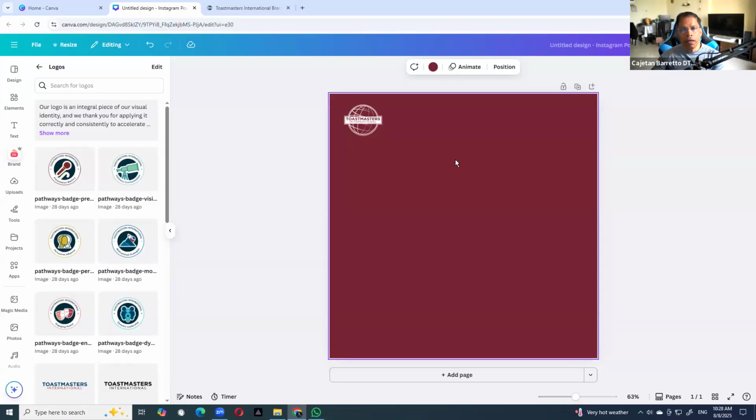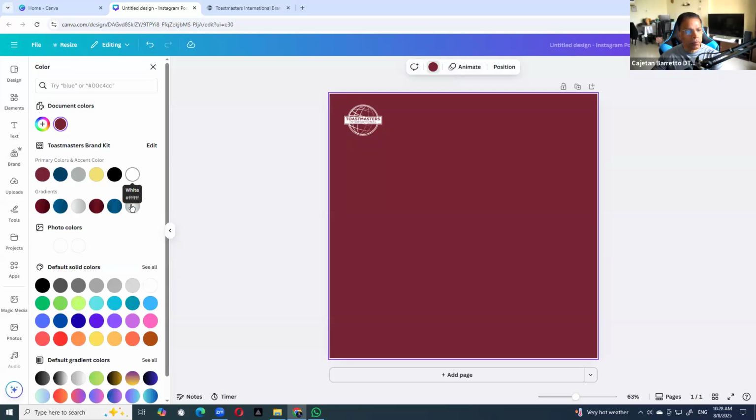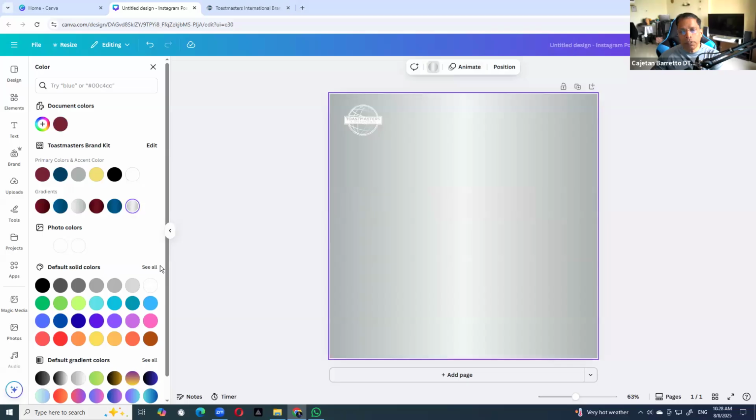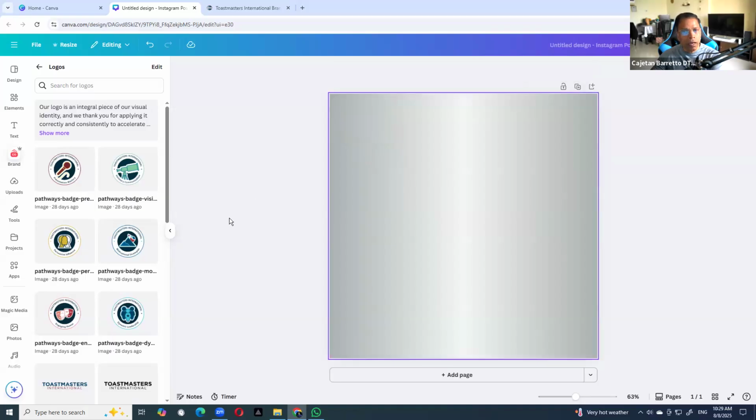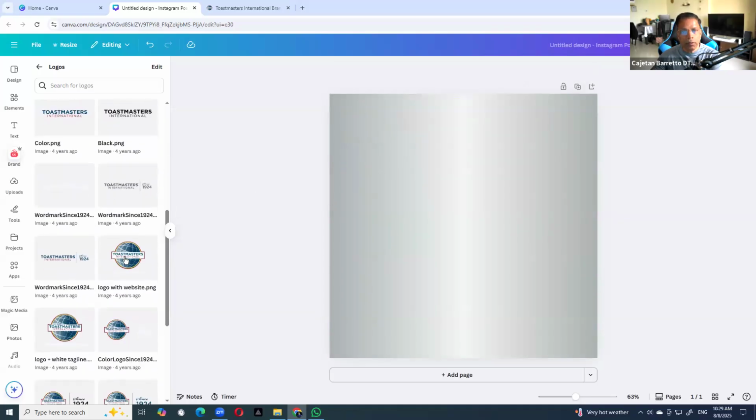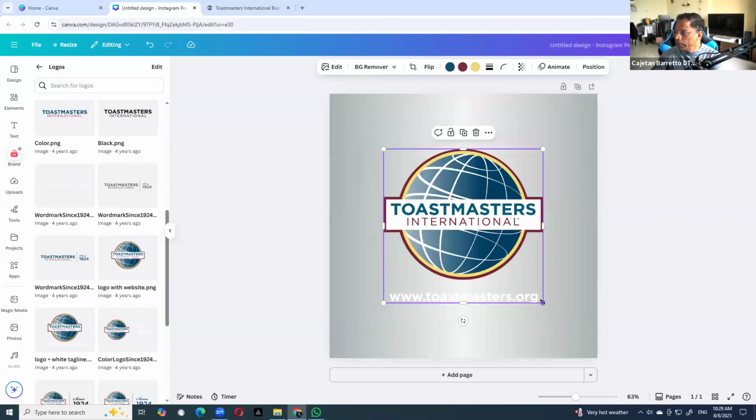On the other hand, if my background was white or gray, it wouldn't look as good because they are both light and there is not enough contrast. In this case, I would then choose the right logo that pops out in that design.